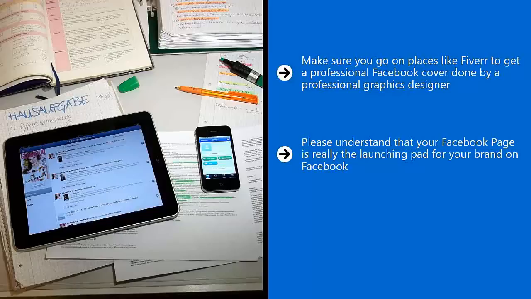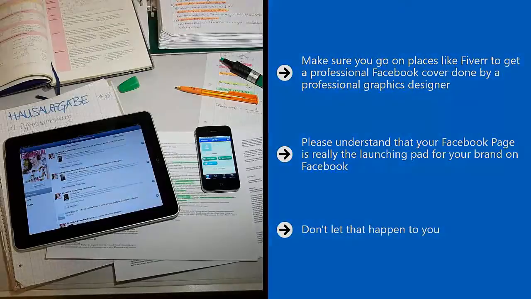You can't just recycle content that you already have, or worse yet, slap together a page because, in the back of your head, all you're thinking about is you just want to run one ad campaign after the other. While that may be true, you have to understand that your campaigns will still be tied to your page. You may be this close to sealing that deal, and it turns out that when people click to your incomplete or unprofessional official page, you just give them a reason not to do business with you. Don't let that happen to you. Make sure that when you set up a Facebook page, it is as professional as it could be.